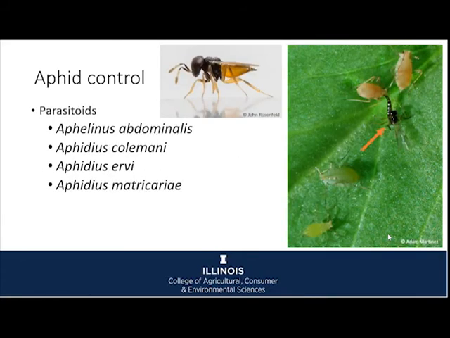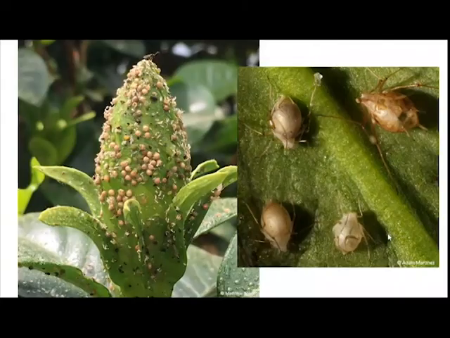And then parasitoids are something that are really common for aphid control. Here are some that are commercially available. And I just want to show you this in case you have not seen this. These are mummies. These big bloated brown things are mummies of aphids. That is evidence of parasitism. Those are all parasitoids. So when you have an aphid infestation and you see that, that means your natural enemies are starting to take care of the problem. And sometimes they will do it